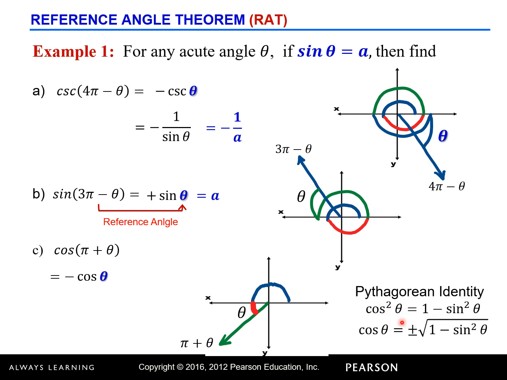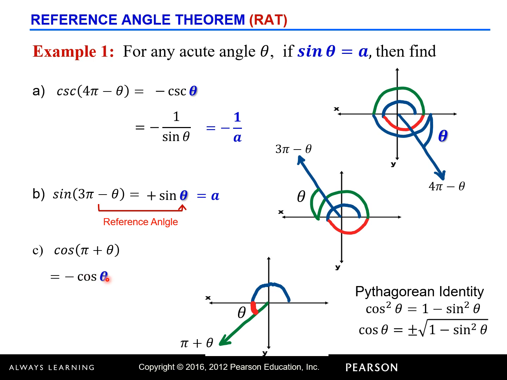If we get the square root of both sides, because we need cosine, we will then have plus or minus the square root of 1 minus sine squared. Take note, do not distribute the square root here because there's a minus, so you cannot simplify this anymore. Now, cosine theta is a plus or minus. Since theta here is acute, we have to select the positive sign.